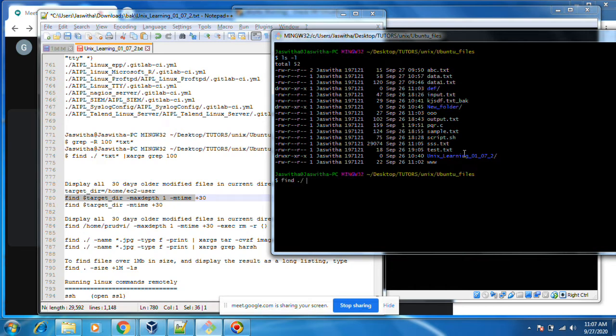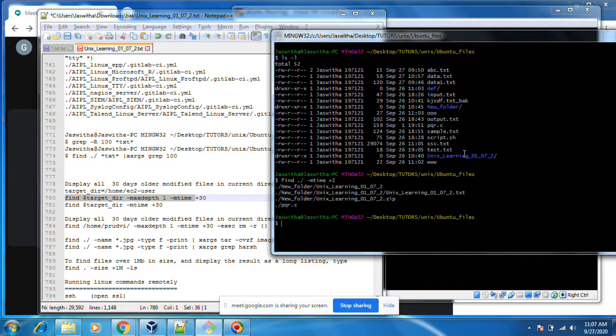find dot slash -mtime +2. Any file that got modified 2 days ago, these are the files modified 2 days ago. Let's see when it got modified.